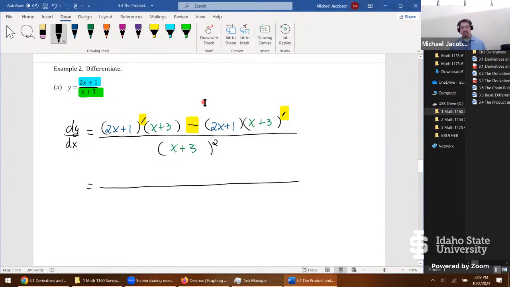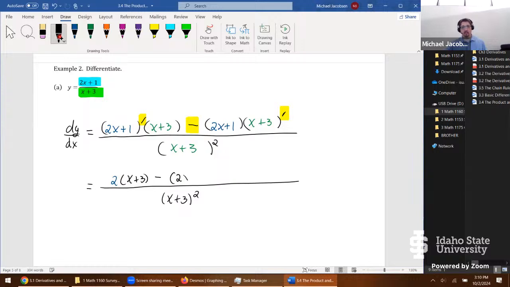Okay, going to the next line, usually I just take that and write it in at the bottom since it's not going to change. So (x+3)^2 down below. Over here, we're taking a derivative. Derivative of 2x+1 is just a 2, since the power of x is 1. It'll multiply x+3